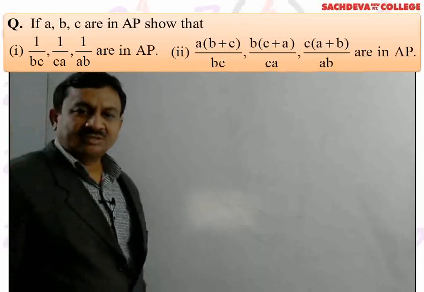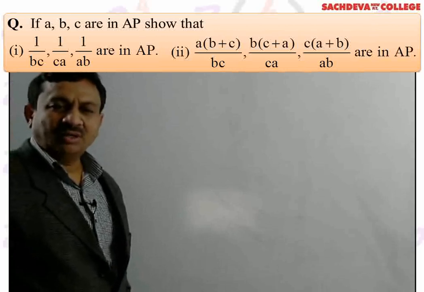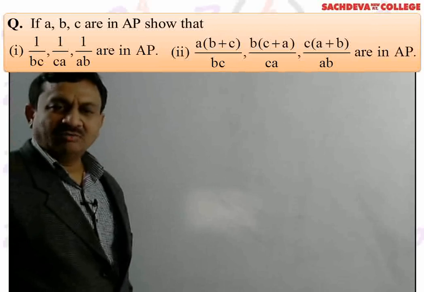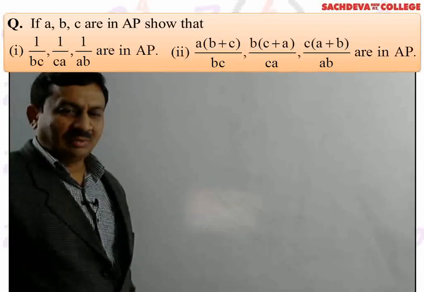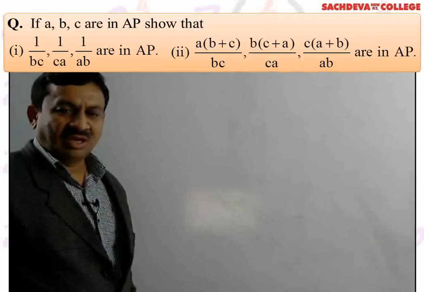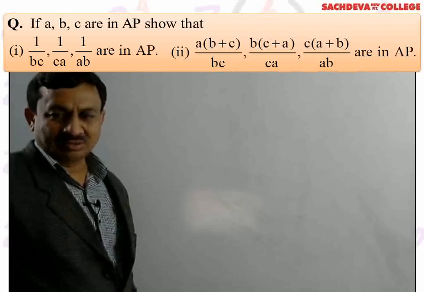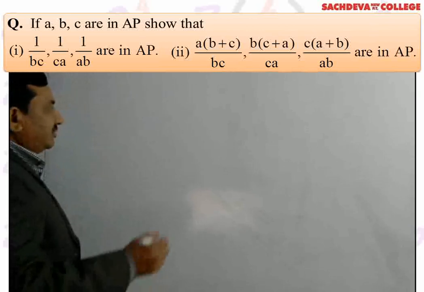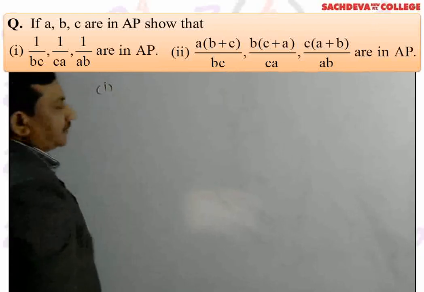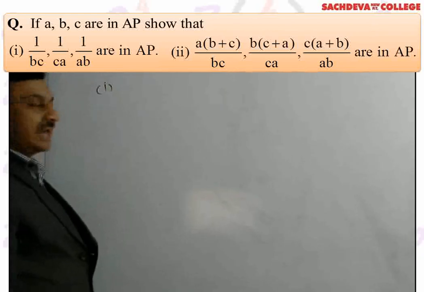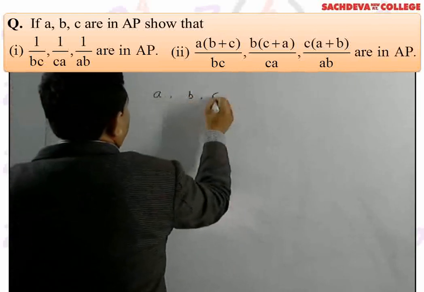Now we discuss the next problem. If A, B, C are in AP, then show that first, 1 upon BC, 1 upon CA, 1 upon AB are in AP, and second, A into (B plus C) upon BC, B into (C plus A) upon CA, C into (A plus B) upon AB are in AP also. So first we solve the first. Given that A, B, C are in AP,